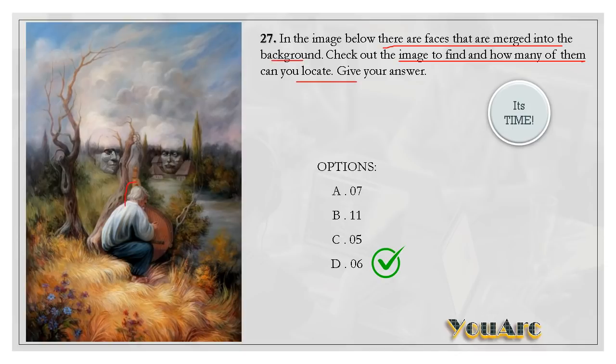So here you can see one man with his hair. And can you see a girl here? This is her hair where I'm drawing. There is one face here, another face here, and you can see another face here. So totally we found four faces. And can you see a man sitting here and a small girl who is standing here. So this is another face and this is another face. Totally we have six faces that I found.